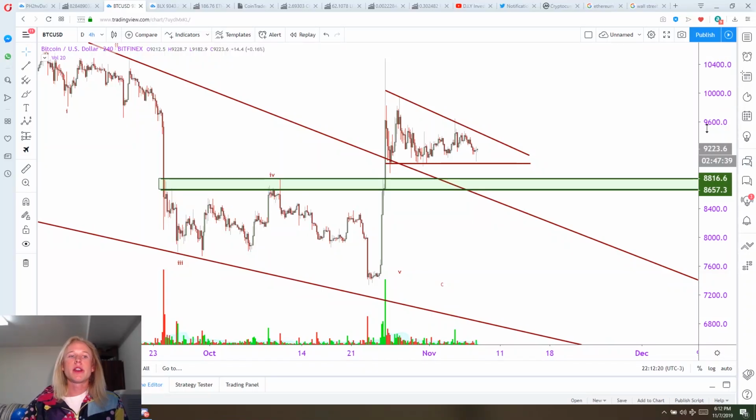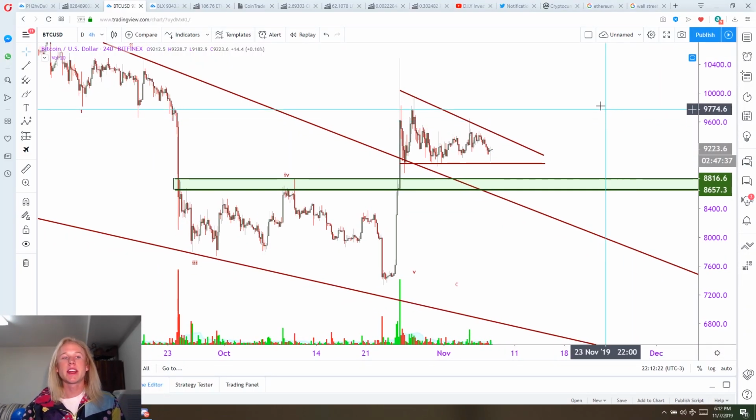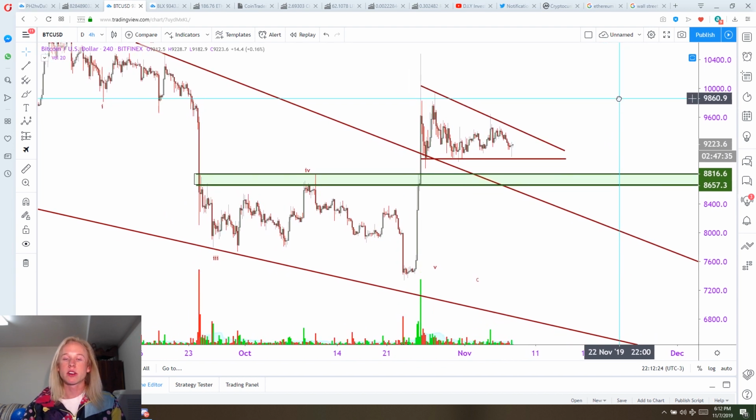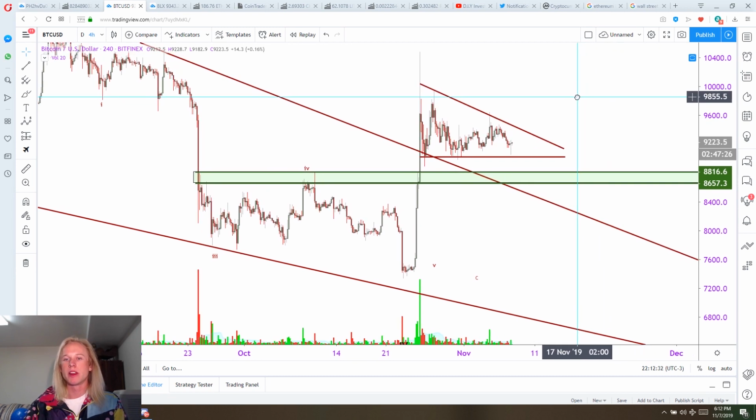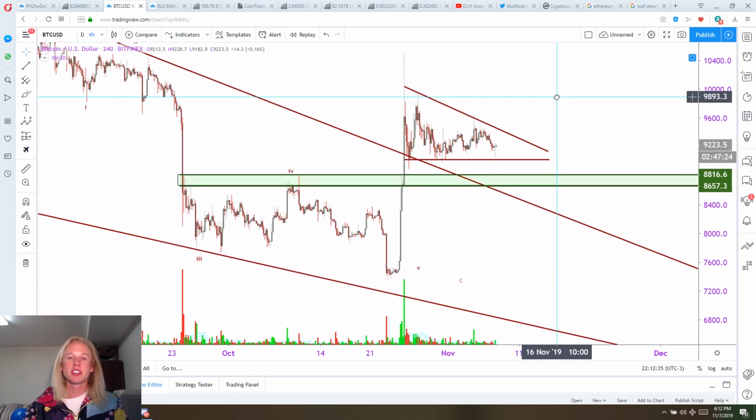Alright guys, so here we are. Now before we jump into this fractal, let's first take a look at Bitcoin and do some real quick technical analysis here, because it's been about a week since I've last updated you. I've been gone in Denver and I've also been helping my mother move out of her house, so it's been a little bit chaotic for me. But here we are. Not much has really changed since my last update.